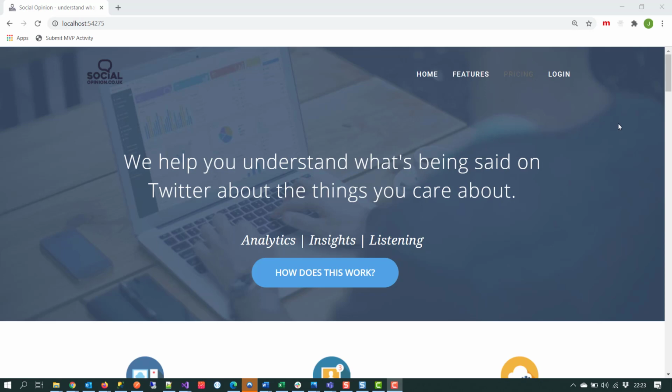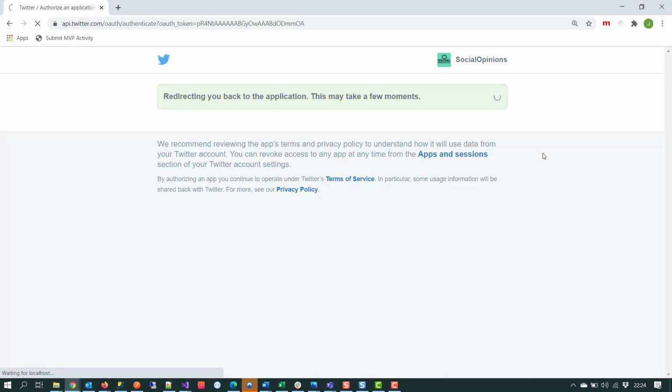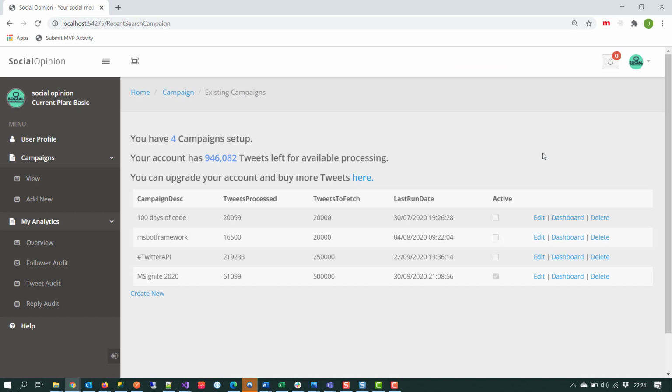The social listening aspect is centered around the concept of a campaign. So what we'll do is we'll take a login to the application here, at which point we will be taken to the existing campaign screen. To the left we've got options to drill down into the campaigns that we've got, to add a new campaign, and another key feature of the product is the ability for you to report over analytics that are specific to